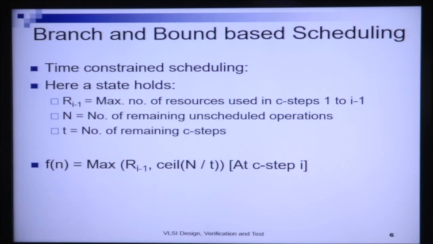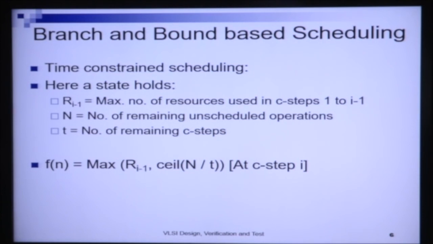And my basic objective is to minimize the consumption of resources such that all my operations will actually be scheduled in those t remaining number of time steps starting from this state. So what is my pruning function here, Fn? I will first start with a very crude pruning function. A very crude pruning function here would be that